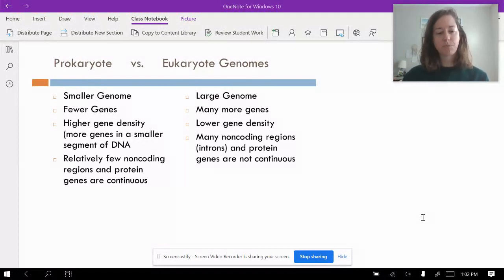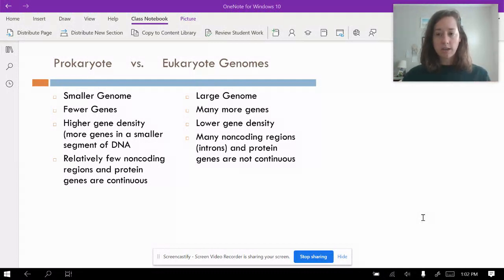So first of all, as a little bit of review and a little bit of newness, prokaryotes have a much smaller genome, which means they have fewer genes. As a reminder, the genome is all of the DNA of that organism. So for bacteria, which is what prokaryotes are, they have fewer genes and a smaller genome. So that means that they have higher gene density, which means that they have more genes located in a smaller